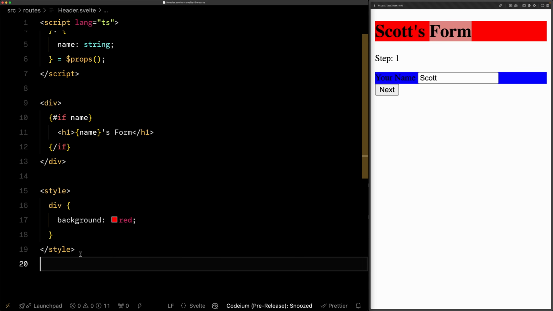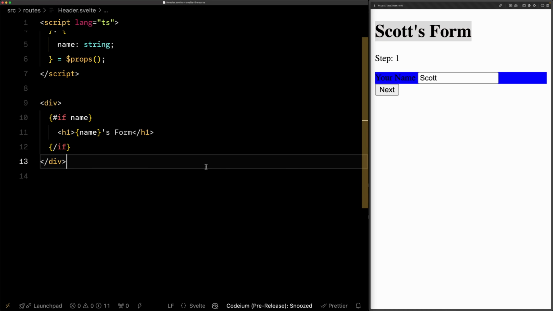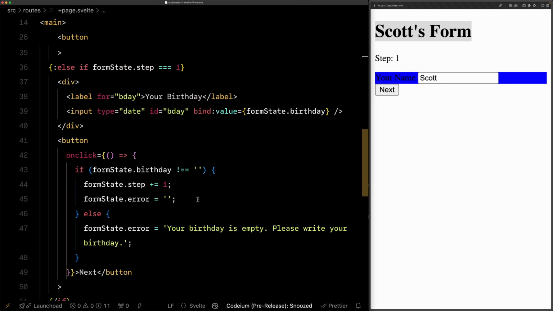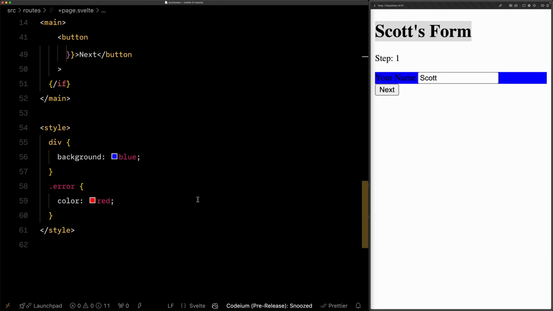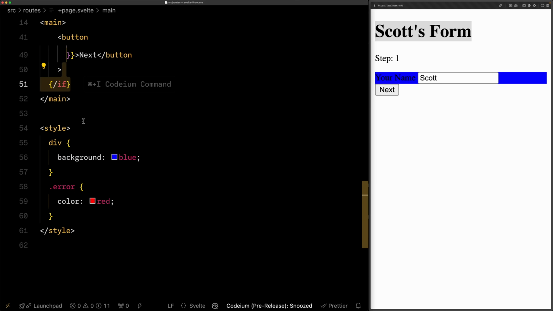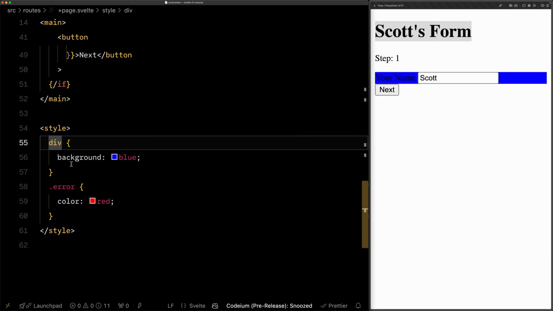Now, I mentioned that these styles don't leak. If we get rid of this red one, you can see obviously this doesn't turn blue based on what we just talked about. But what if, and I don't recommend this because I recommend putting these styles in a global style sheet, but there are certainly scenarios where maybe you have some code that's being generated and that code is some child and there's some classes in here, and you might want to give this a class and it's just not being scoped correctly. Well, you can actually add global CSS into your style sheets with this